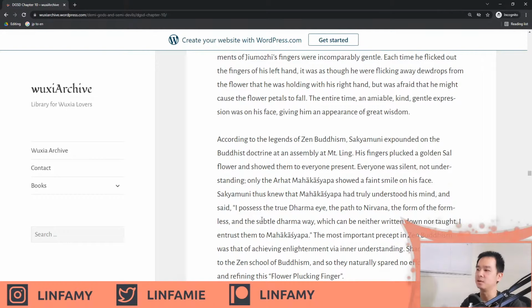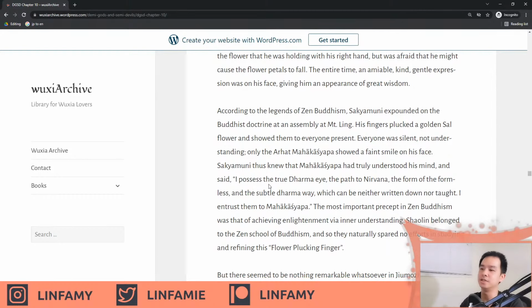His fingers plucked at a golden sal flower and showed them to everyone present. Everyone was silent, not understanding. Only the Arhat Mahakashipya showed a faint smile on his face. Shakyamuni thus knew that Maha had truly understood his mind and said, I possess the true Dharma I, the path